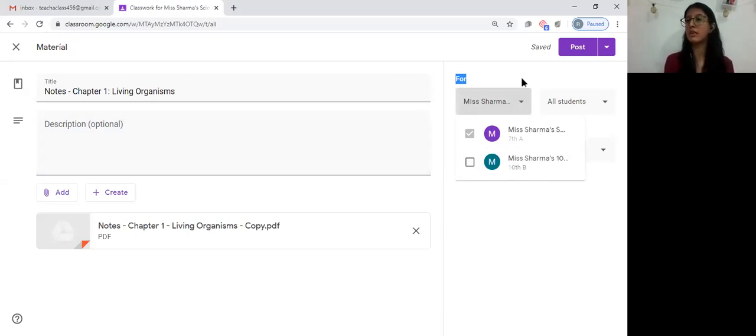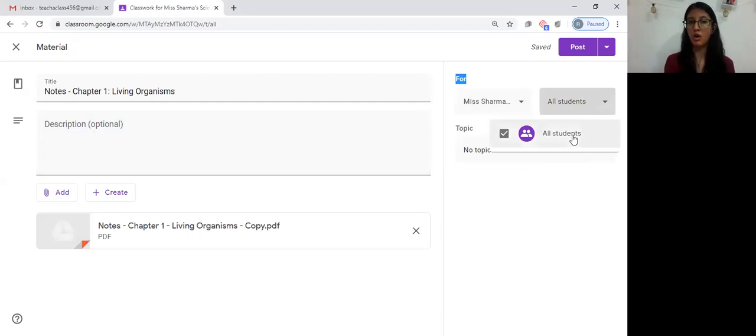There's also another very interesting feature. You can post it to either all your students or you can post it to some of your students. Right now, we do not have students to display over here, but all your students would be shown in a list here and you can simply check their boxes for certain students who you want to assign it to. Now these are class notes, so I want to give it to all my students.